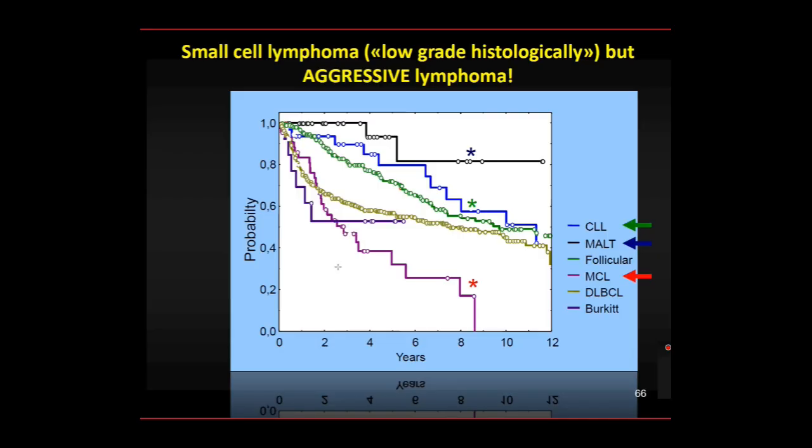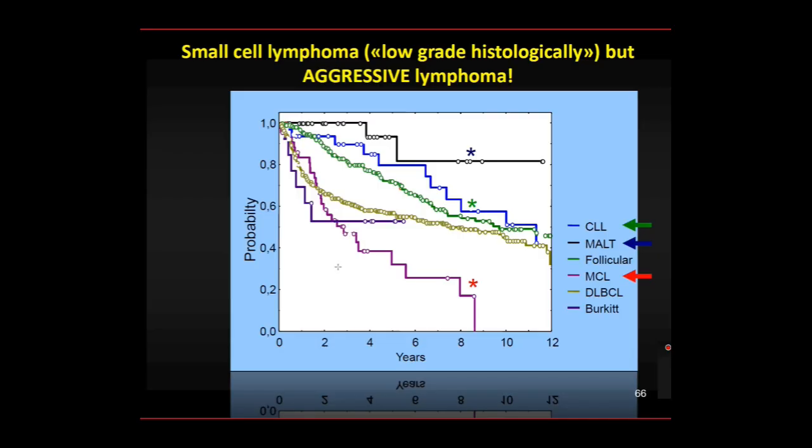And this led in the past to the big mistake of considering mantle cell lymphoma a low-grade lymphoma. When I mentioned the classification in low-grade and high-grade, very simplistic, probably the biggest mistake was including mantle cell lymphoma